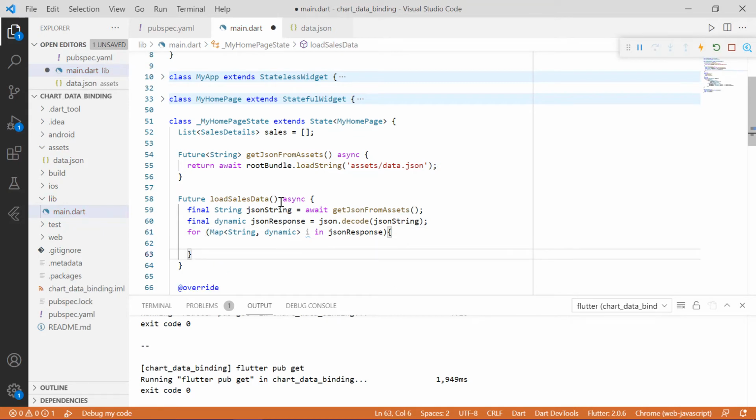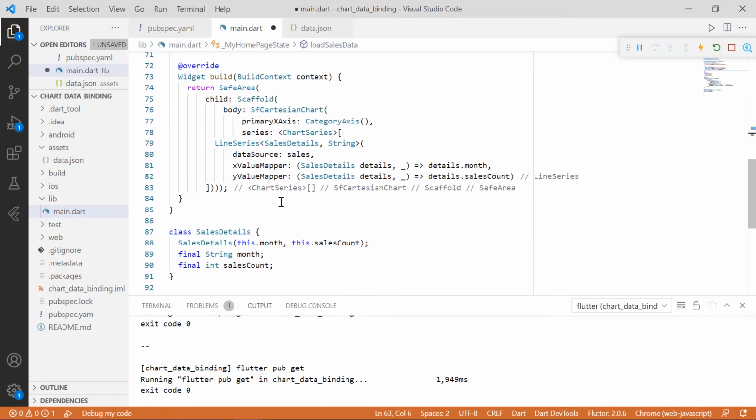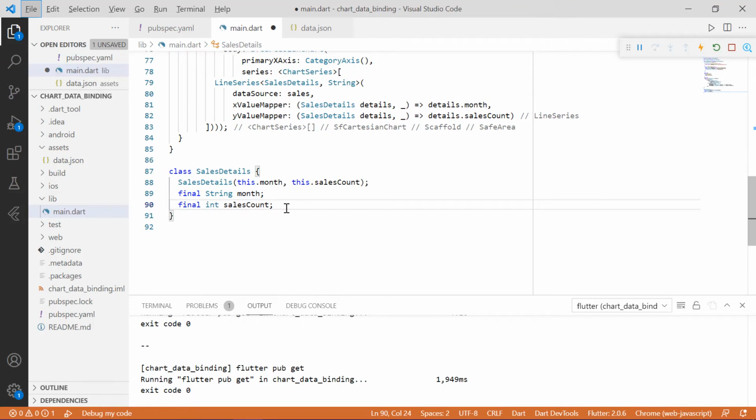As the sales details class should return the JSON fields, we have to add another constructor. I am making this a factory constructor since it has to return.